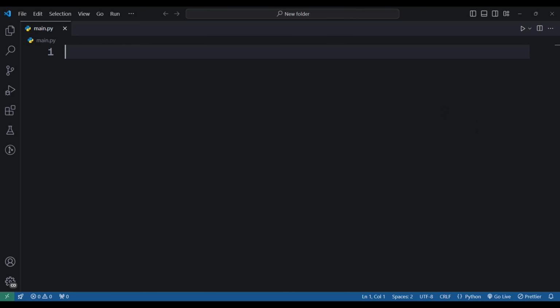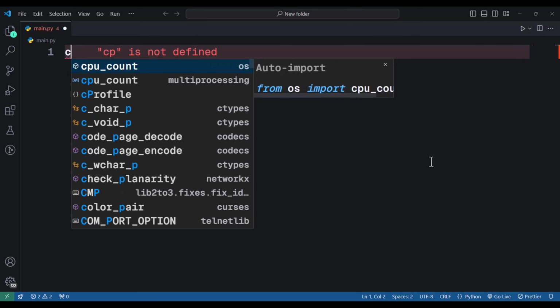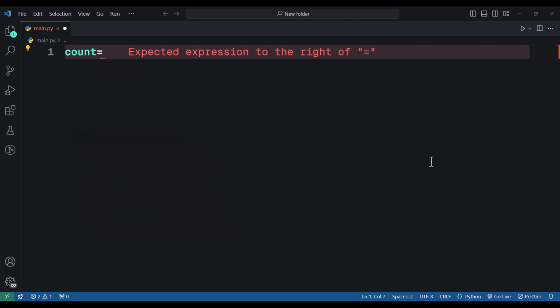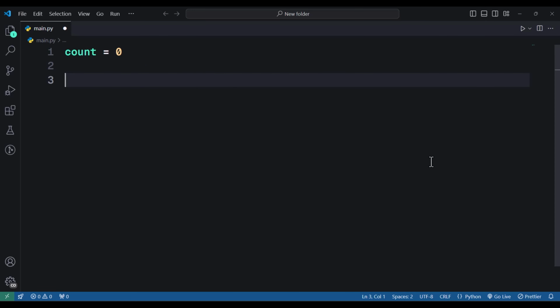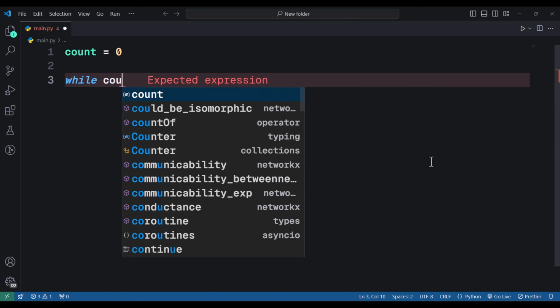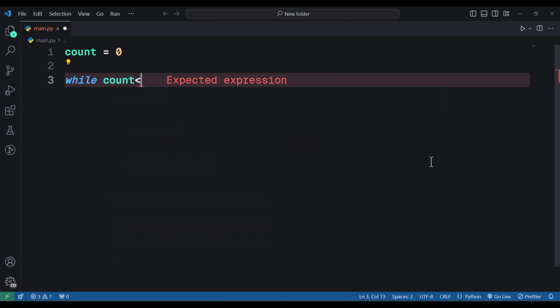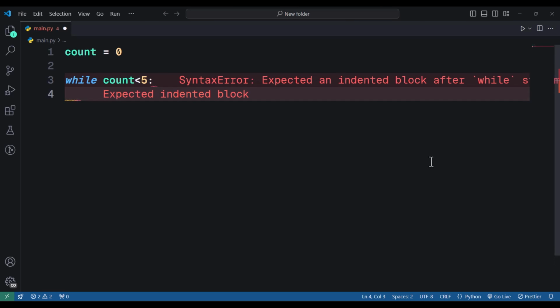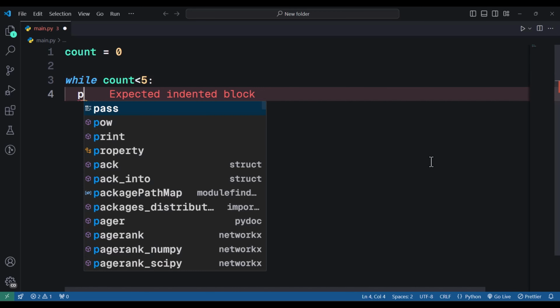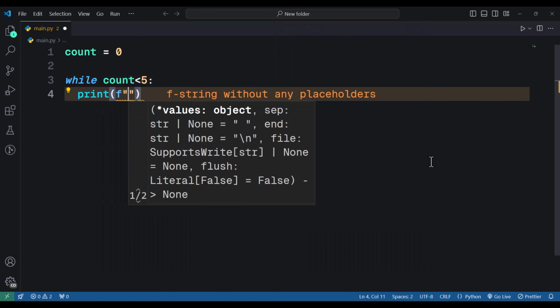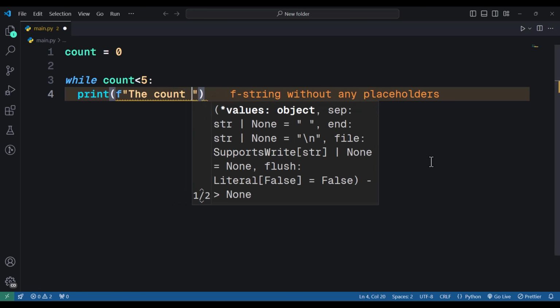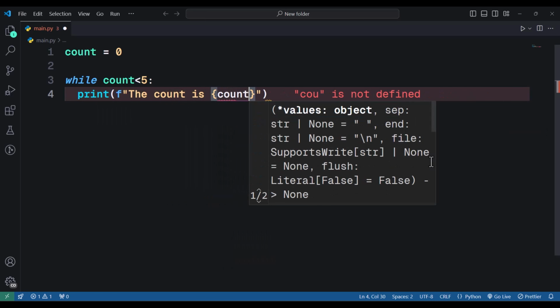So let's look at an example. I'll define a variable, let's say count, and I'll initialize it to 0. And then in order to define a while statement, we write the while keyword, and then we write our test condition. So I'll say while count is less than, let's say 5, then a colon, and then in the indented block, I'll put in my logic. I'll just say print, I'll put an f-string here, the count is, then I'll put the count here,